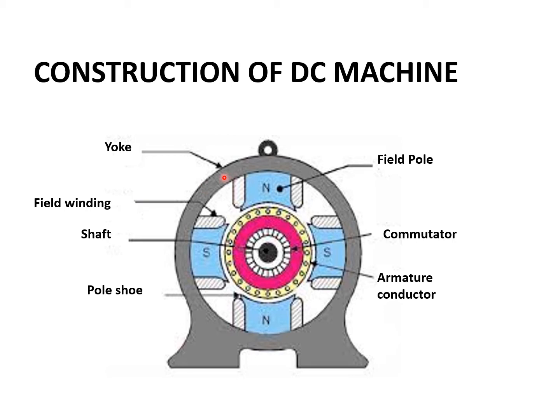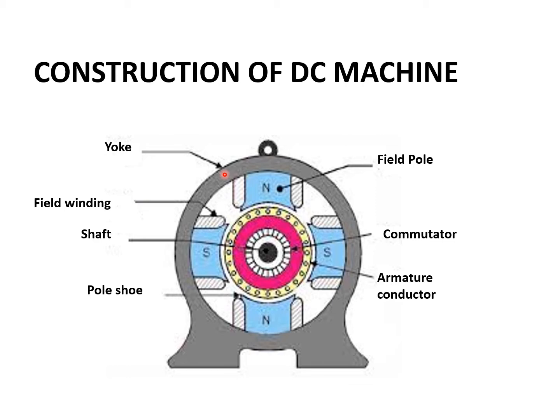This is the yoke, which is made of magnetic material like cast iron. This is a very important part which provides mechanical protection to the machine and also provides the magnetic path of that machine,